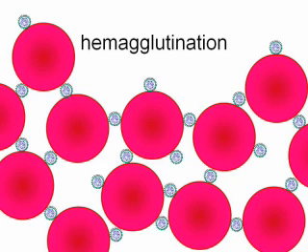Now, these viruses don't grow in the red blood cells. This is just a dead end. But they happen to stick to red blood cells. And in fact, many of them don't stick to our red blood cells, but they stick to sheep red blood cells or goose red blood cells or duck red blood cells or chicken red blood cells. The lab pathologists, the lab people, know which type of red blood cells they stick to.